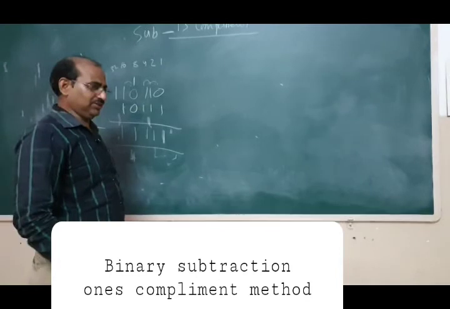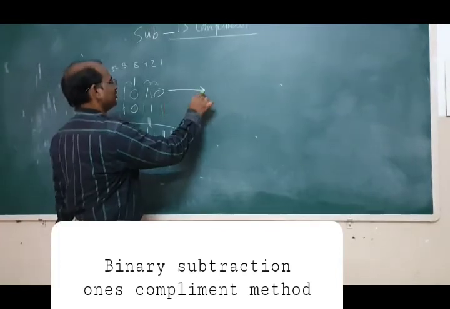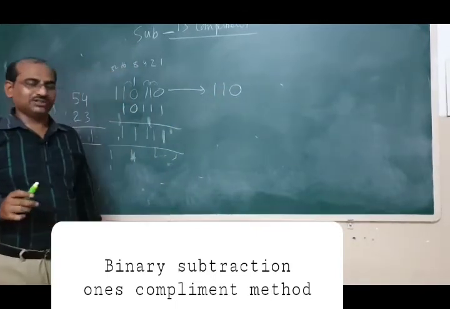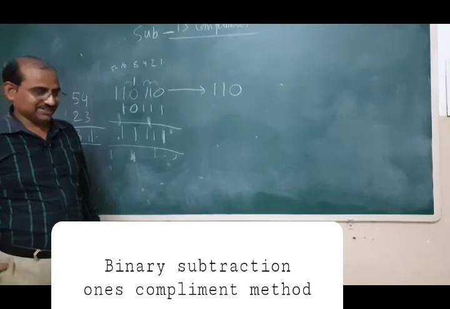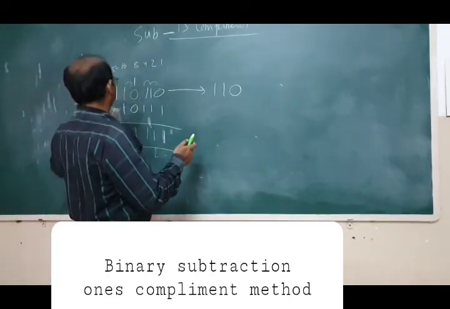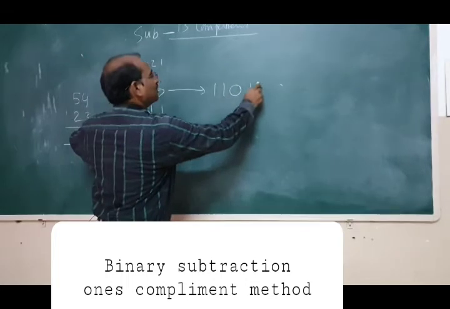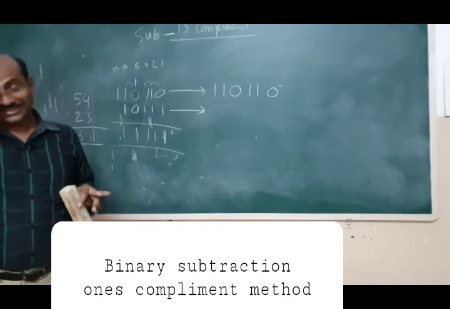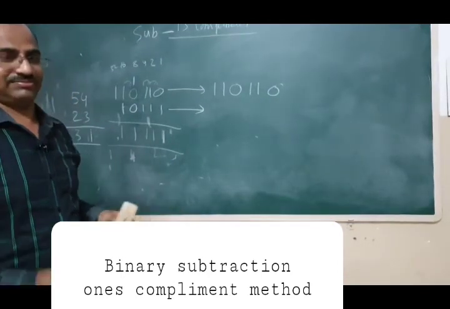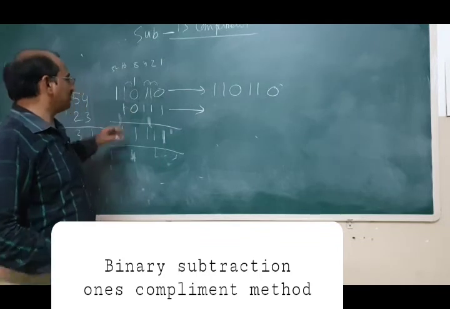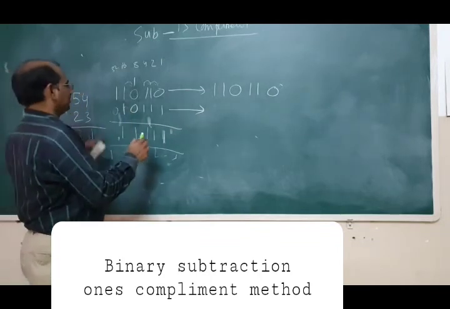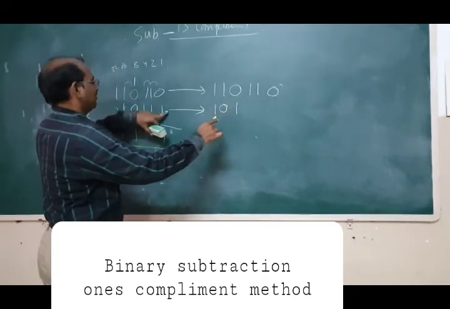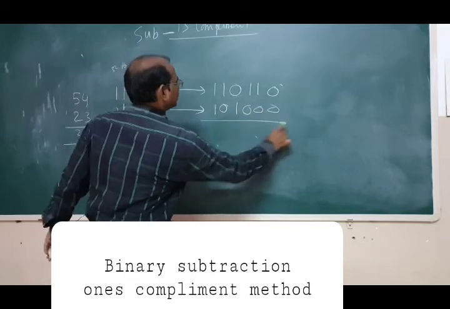We will do this by 1's complement. So first write the upper one as it is. Minuend and subtrahend you have to call them: the minuend you write as it is, the subtrahend you take the complement. So 1 1 0 1 1 0, right. Now as I said, the size is 1 less, so make it equal by taking a 0, that is better. Now take the complement: 0 is 1, 1 is 0, 0 is 1, 1 1 1 is 0 0 0.